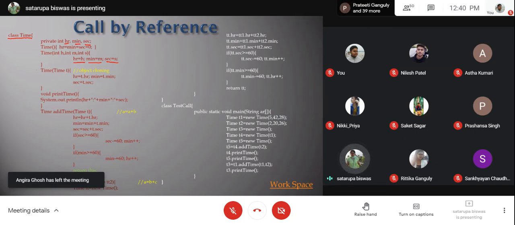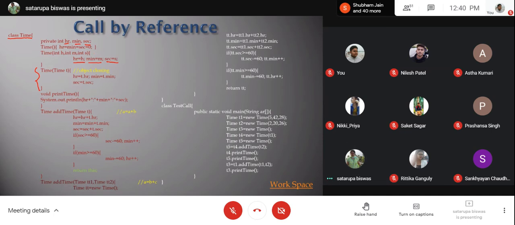Now the third version is very important. We haven't heard of it yet. This is called object cloning. When you're trying to clone one object into another, this type of constructor can help. If some of you have knowledge about C++, there was a copy constructor. So this is not exactly like a copy constructor, but the purpose is almost the same. So what it will be doing is, from one object, it will be cloning another object.